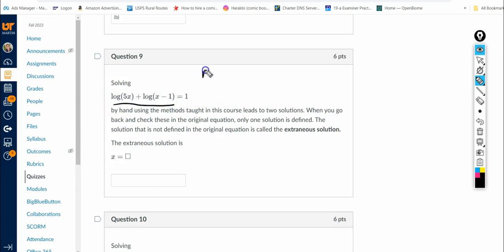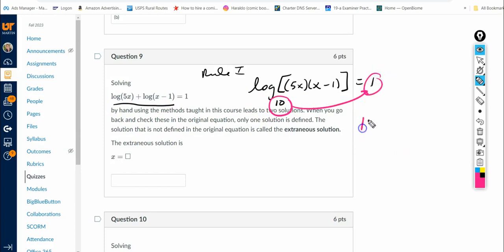So using rule 1, what's underlined there, I can use the product rule, and I'll have that. Now, since it's log without a base, it's understood that the base is 10. And now I'm going to convert it into exponential form. That raised to that power is equal to the argument. So 10 is equal to, now I'm going to multiply these together, 5x squared, and 5x times negative 1 is